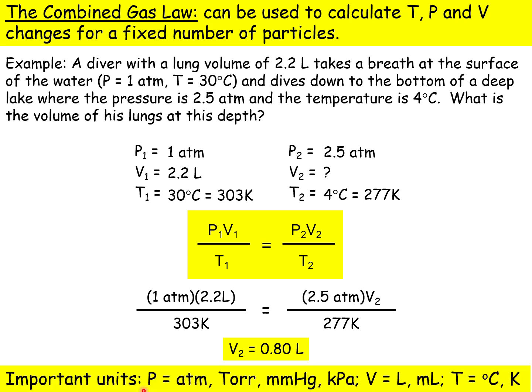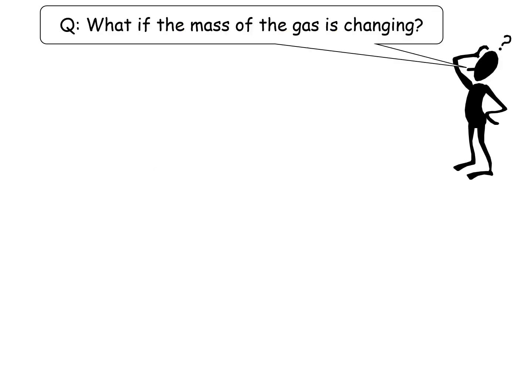So again, the important units: we've got this assortment for pressure. Volume is going to be liters and milliliters, and then temperature is degrees C or Kelvin. All of those were for a sealed system, so you had a constant amount of gas particles present. So let's talk about what you do when you have a change in the number of particles or a